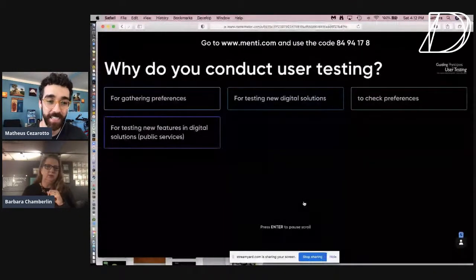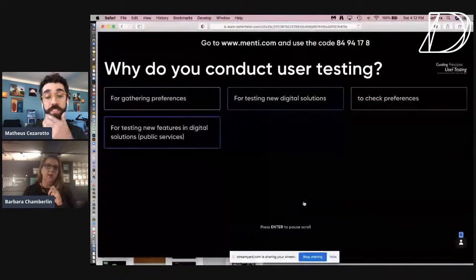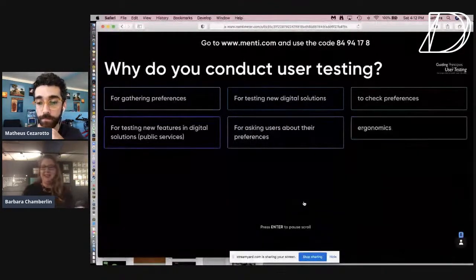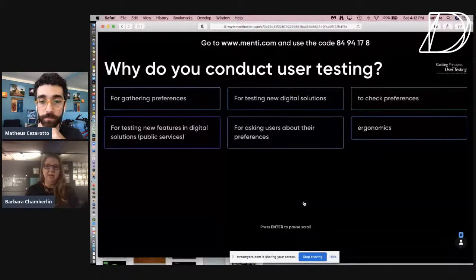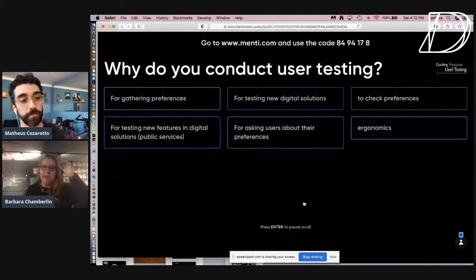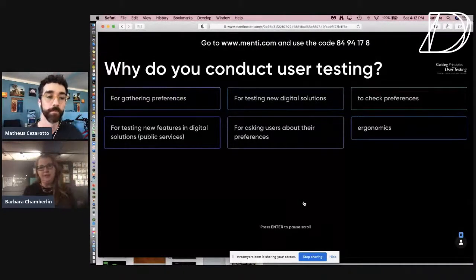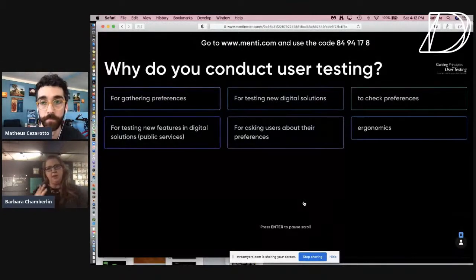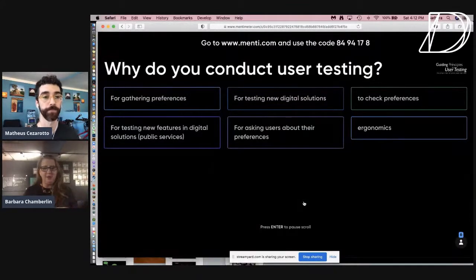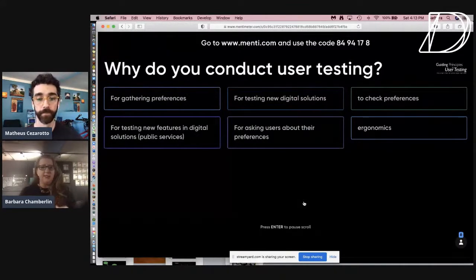So the idea of testing new features in digital solutions for public audiences is something very interesting. Yes. So we test for a number of reasons. Partly it is to get an idea of what we're developing, but often to get an idea of what needs to be developed. The other reason we test is that when we interact with audiences a lot, we build our own design intuition. We build our own sense of design better the more we interact with others.